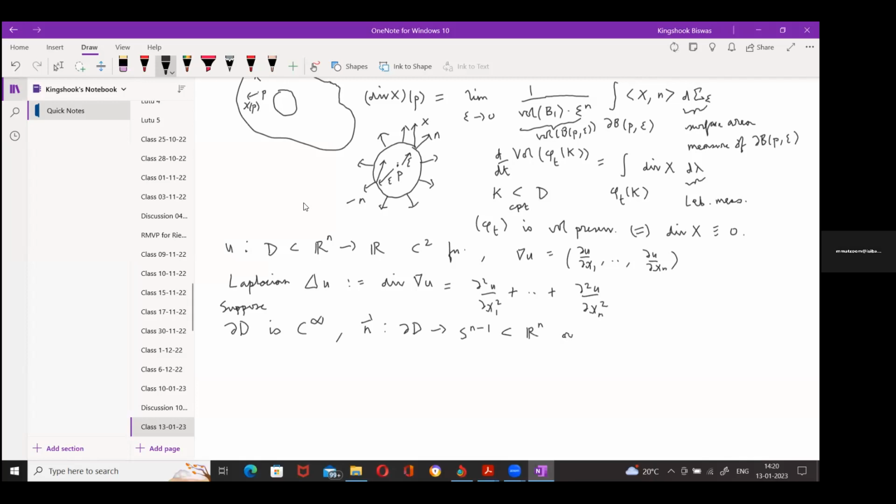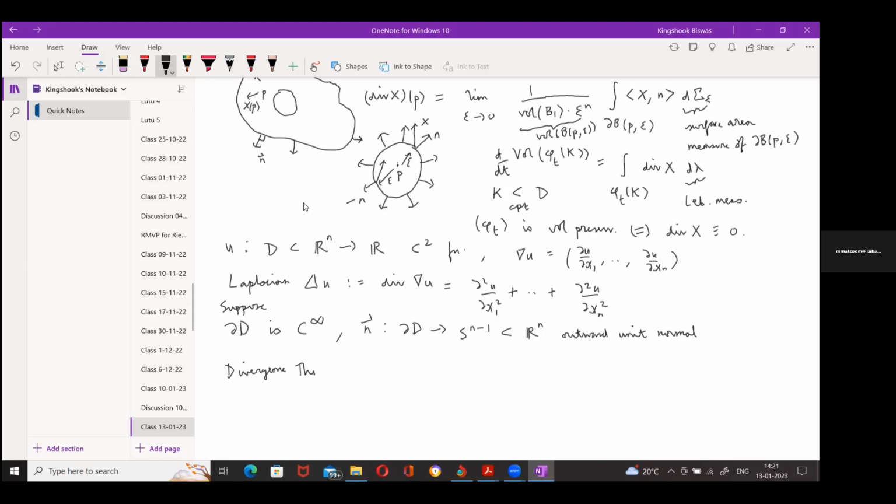This is the outward unit normal. So at each point on the boundary, you have an outward unit normal vector n. And then what Gauss's divergence theorem says